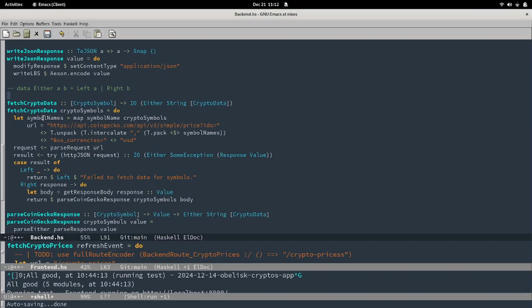Because T.unpack, that's probably like 5 lines of code. T.intercalate, that's probably like five. Actually, it's 1 line of code. But there's parseRequest, which is probably like 100 lines of code. httpJSON is probably another couple of lines of code, right? So every time you call a function, that's more code that you're adding into your program,